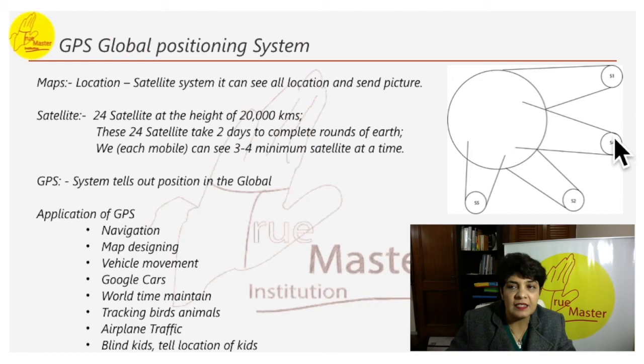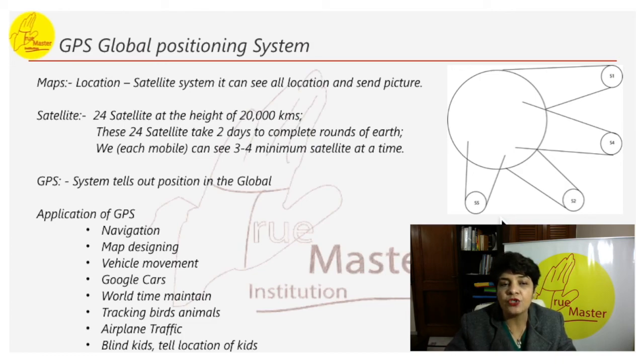So if a person stands here, he can actually see 1, 2, 3, 4 satellites which are going to be covering him. But practically only 3-4 are visible at a time, though there are actually 24 satellites working in this GPS. So GPS tells the position globally. Full form of GPS is Global Positioning System. It is a satellite navigation system used to identify the ground position of an object, how far that object is from this satellite, from the other, and then finally they are calculated.